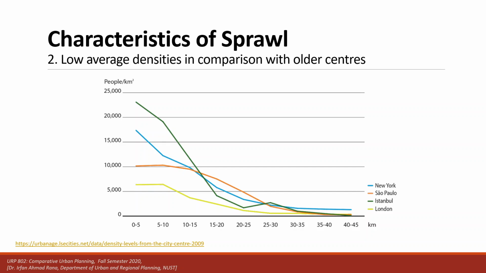Generally, European cities are thought to be more dense and more compact than North American or American cities. Now, why is it so? Why are the densities low in the outskirts? There is a hypothesis which says that when there is an expectation of future development,